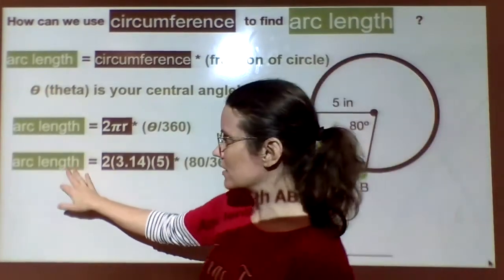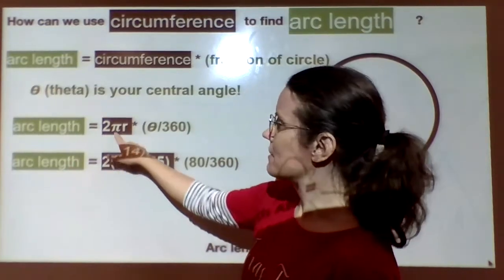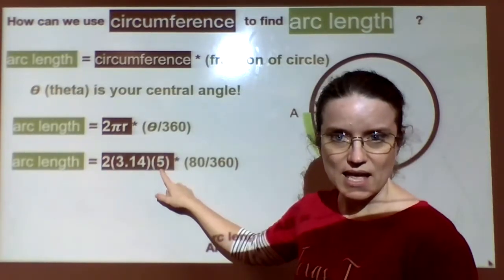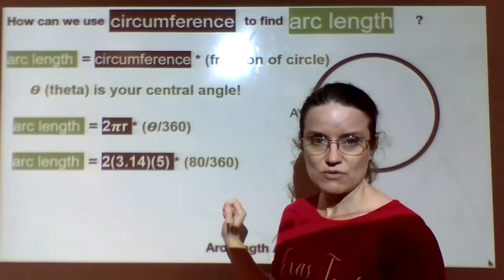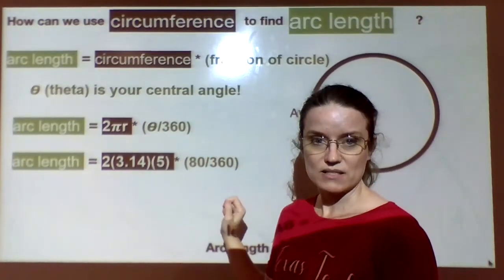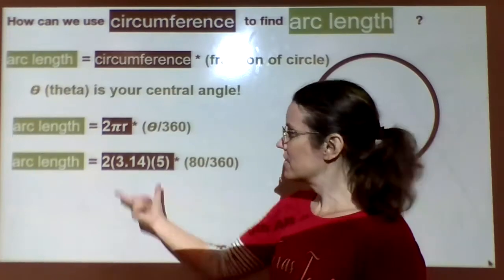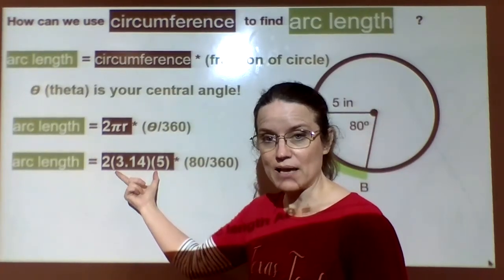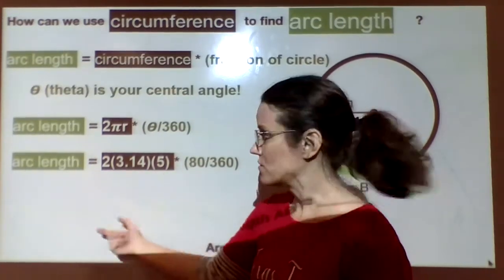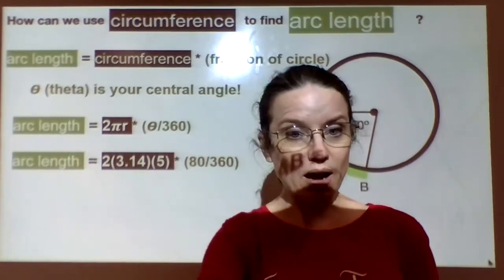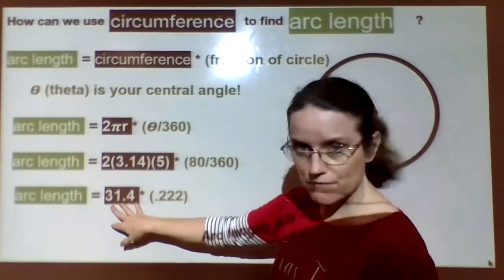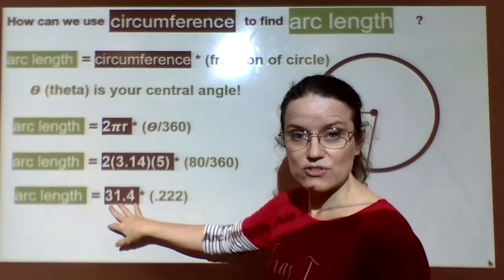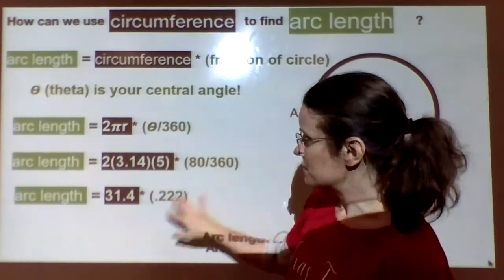So to find my arc length, I'm going to go 2 times pi times my radius, and then I have 80 out of 360 degrees in the circle. This is the fraction of the circle I have. This is the length all the way around the circle. When I multiply those, that will give me the length of my arc. And so when you work all that out, the 31.4 ended up being my entire circumference. When I do this fraction,